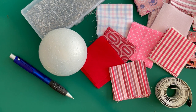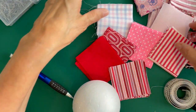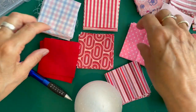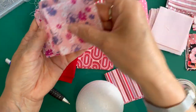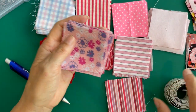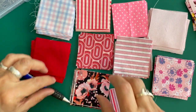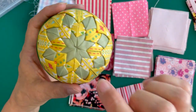So let's have a look at how we start with the whole process of making our bauble. I've got a selection of fabrics here. Sometimes I know which fabrics I'm going to use because I just want one in that particular theme, and sometimes I don't know and I just get a load of fabrics out. Maybe like these are all kind of pinks and reds, and I will play around with what I want. Sometimes I decide what kind of pattern I want before I choose the fabrics, and sometimes I wait until I've got the fabrics and then choose the pattern. Hopefully that makes sense. So I'll show you what I mean with this one